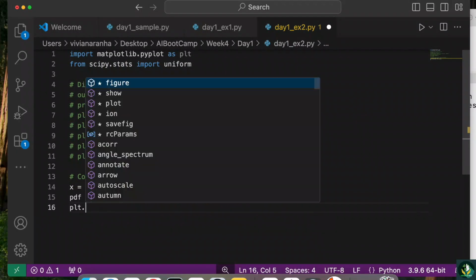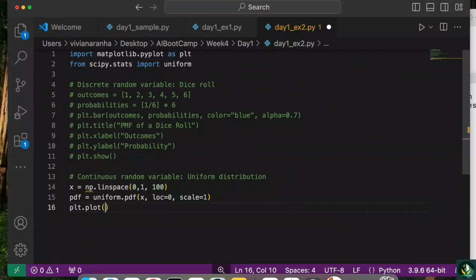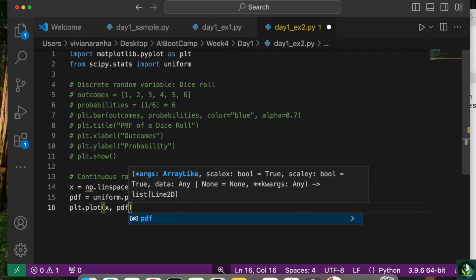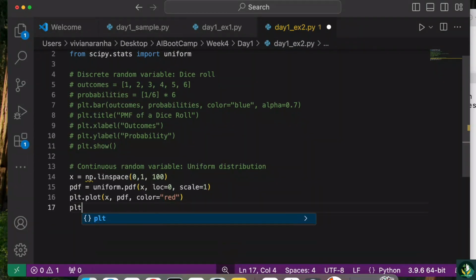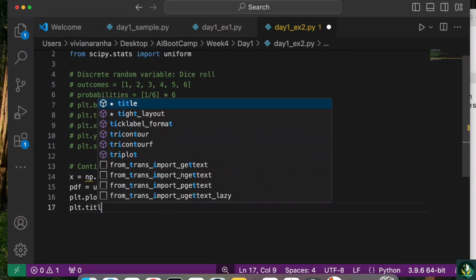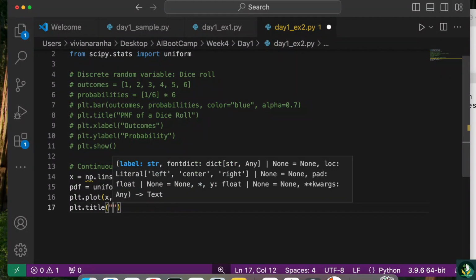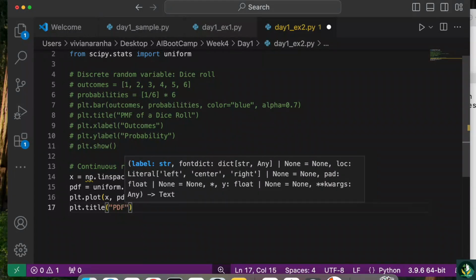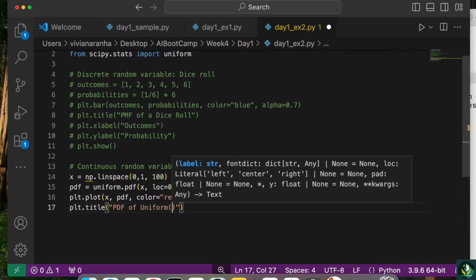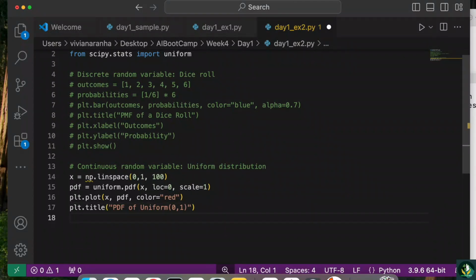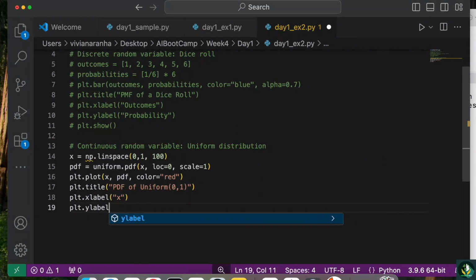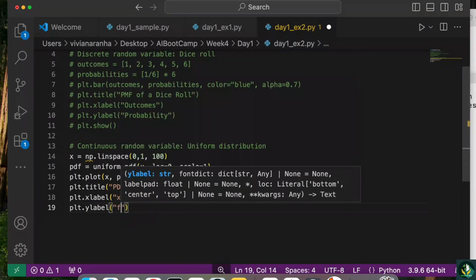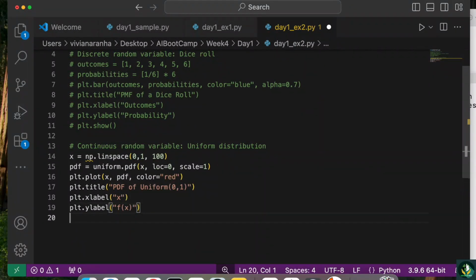Next let's plot, plt.plot. I'll pass x, pdf, color equal to, let's make it red, not going to give any alpha. I'm going to say plt.title. Let's give a title to it, and title we can call it PDF of uniform 0 to 1. plt.xlabel. For x label we are using x, and plt.ylabel we are using the function f of x. Next let's show it,